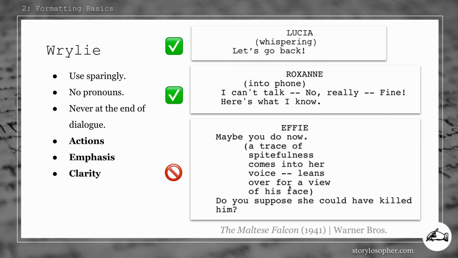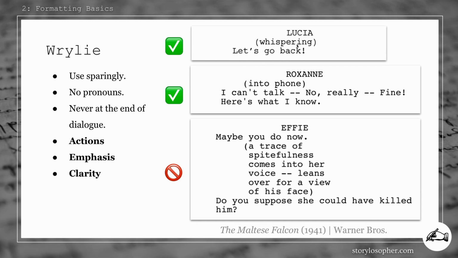Okay, Wrylies. Now, this name comes from the way this was originally used. You can imagine in the early days of screenwriting, they wanted somebody to say something a certain way, and didn't want those actors to think for themselves, silly folks. And so they would say, Lucia, Wrylie, W-R-Y-L-Y, meaning to say something in a wry fashion. It would be Wrylie, in parentheses, to add the emotion to the way the line is said. And then over the years, that just became what this thing was called. This parenthetical thing right here was just called a Wrylie.